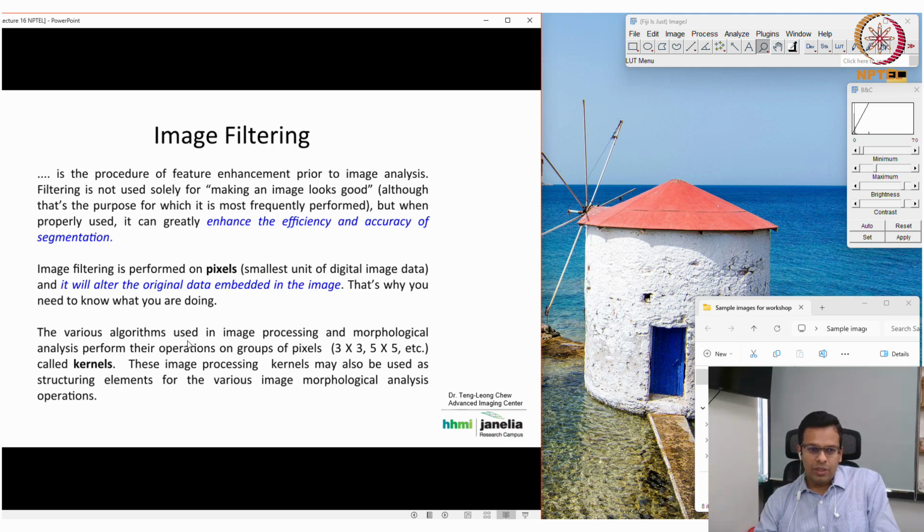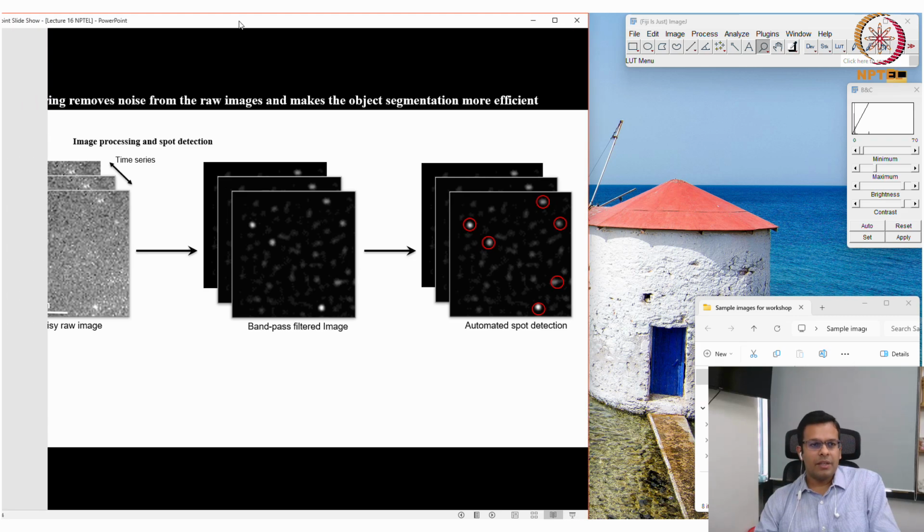There are various algorithms used in image processing and morphological analysis, and they perform their operations on groups of pixels like 3x3 or 5x5, which is known as a kernel. Now before going into all this, I will show you what image filtering means. So let's say here